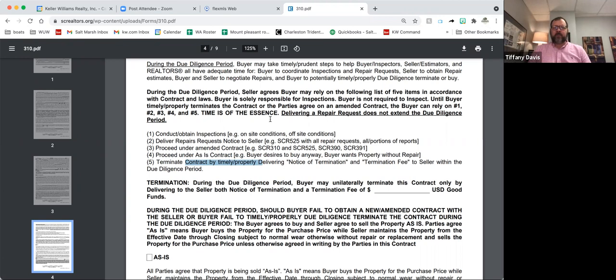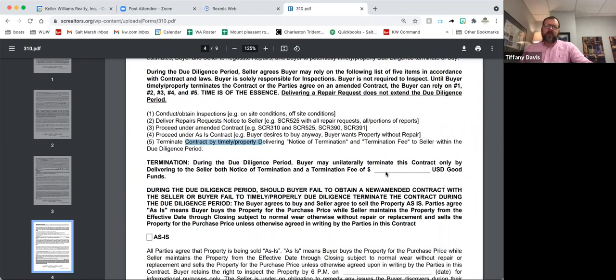What I would tell sellers if this were to happen is, now I'm not saying you don't have a contract, but I wouldn't act like you have a contract until due diligence is over. Right, so I wouldn't make any long-term plans that you can't change. A lot of people hate it. From a seller standpoint, I didn't love it, still kind of don't, but I also understand there's something to be said for the very black and white nature of due diligence. Here's your time frame to do whatever you want, and then after this time frame, you're done,